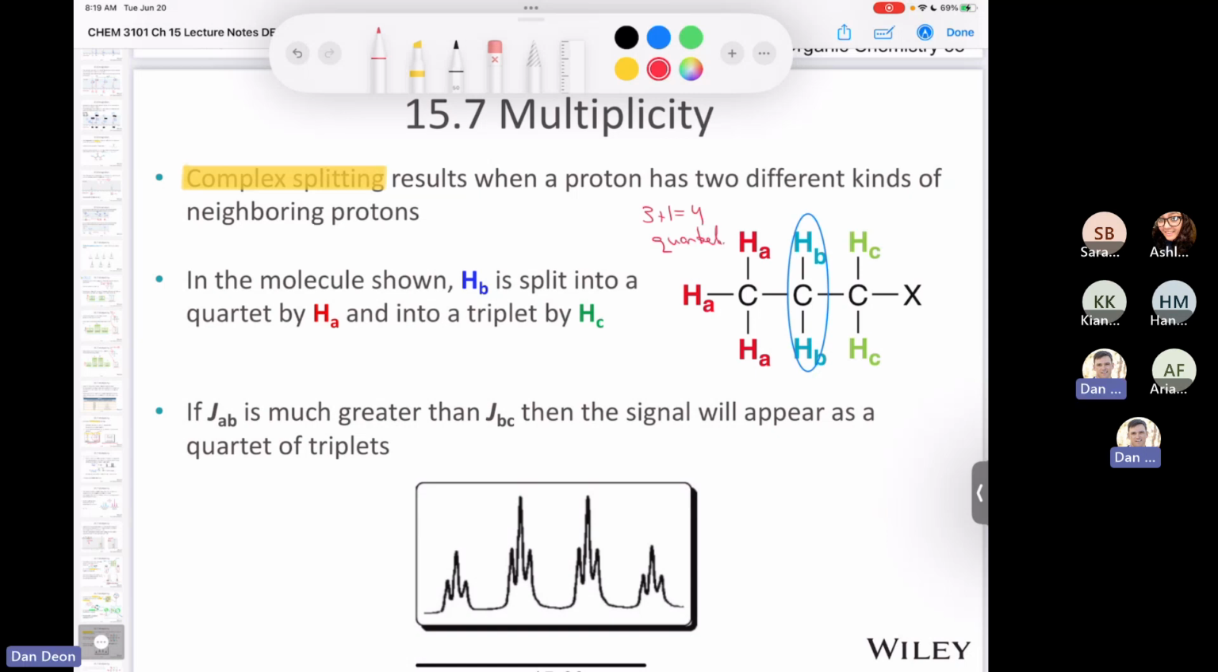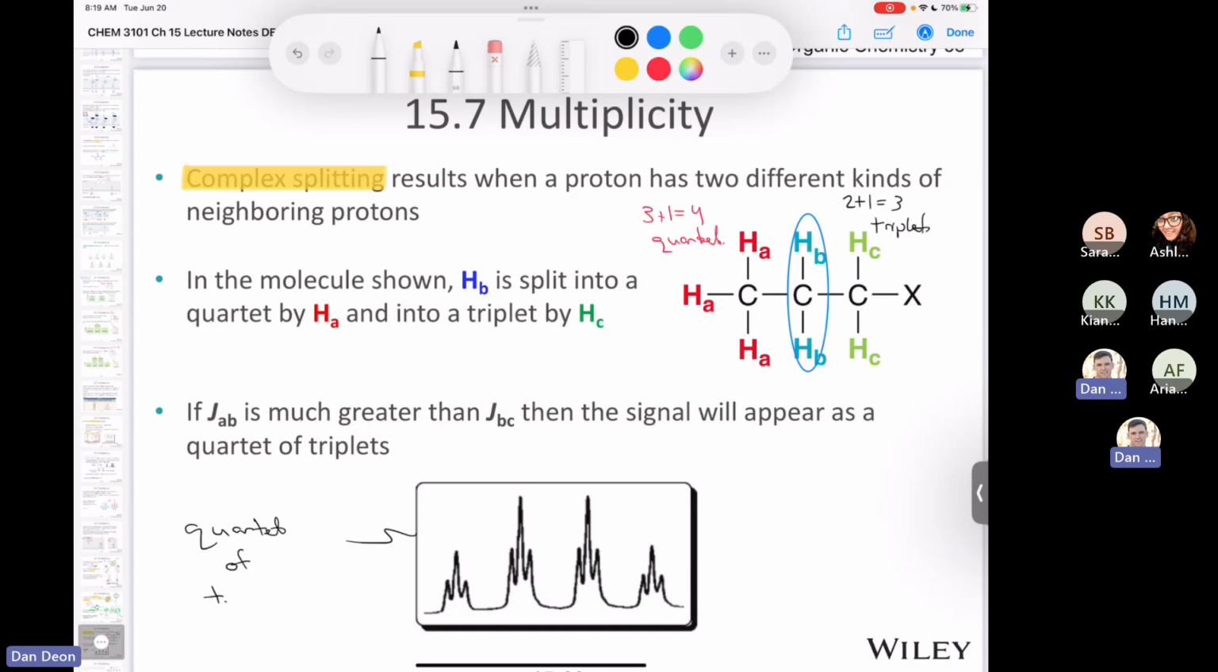And the two protons in green, okay, so for that one, I'll just write it in black. I have 2 + 1, which equals 3. So that would give me a triplet. And so what you're going to end up with is a quartet of triplets or a triplet of quartets. And you can see here that this is a quartet